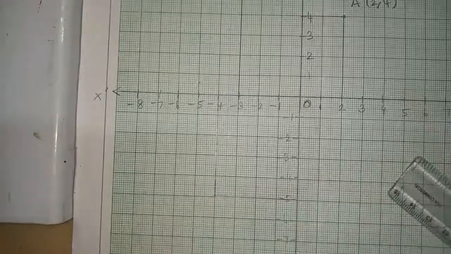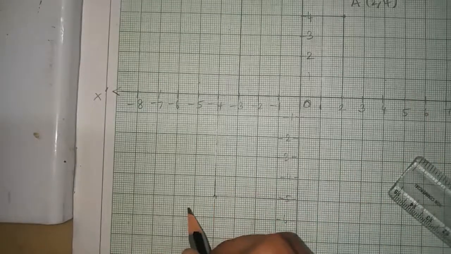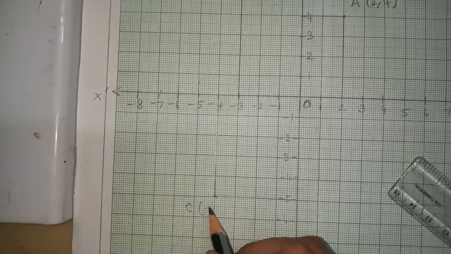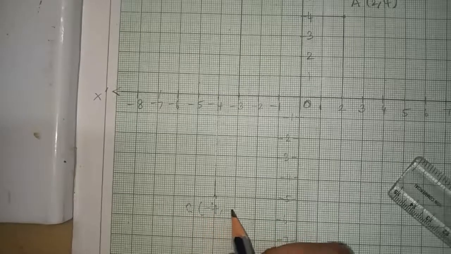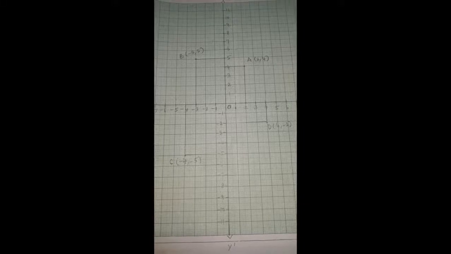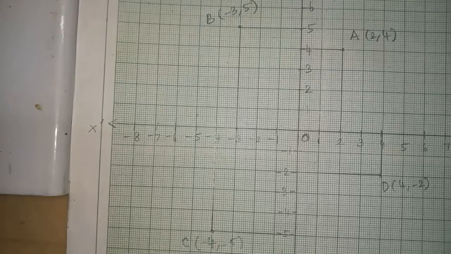It is very simple. This is the C coordinate, that is point C lies in the third quadrant, minus 4, minus 5. So that's all. We get a graph here. We plot all the points in the Cartesian plane. Your graph will look like this. This is your example 5.2 here.